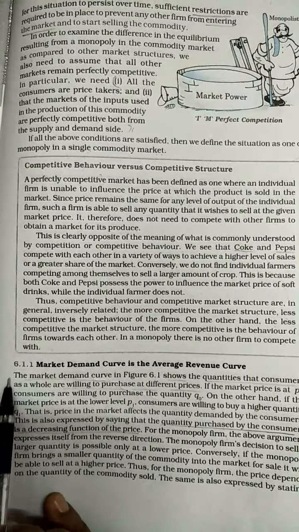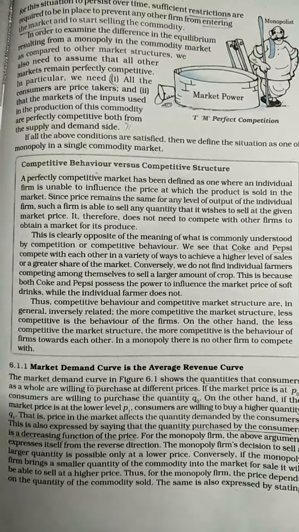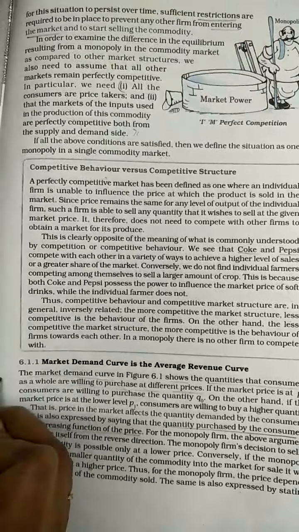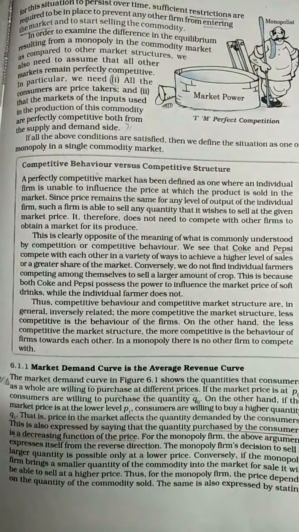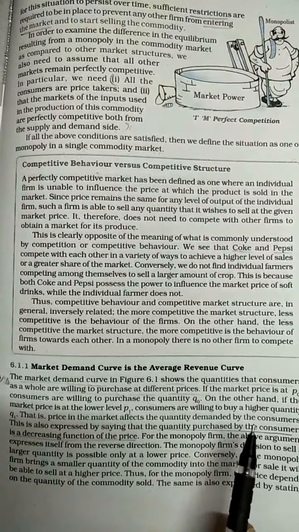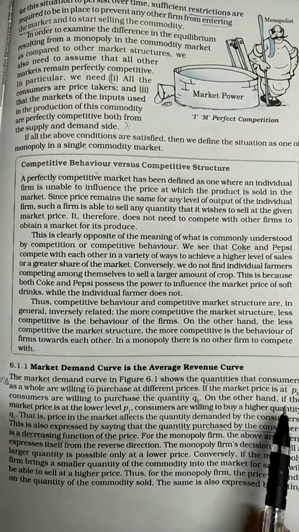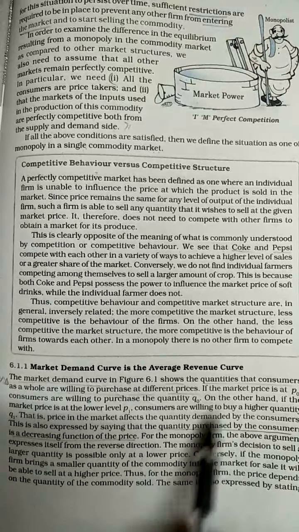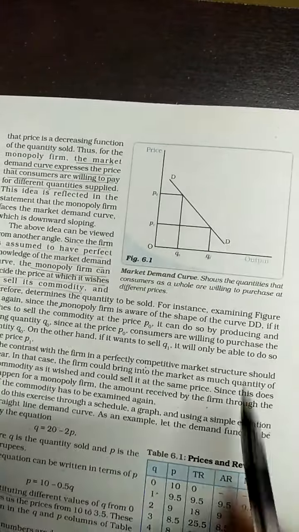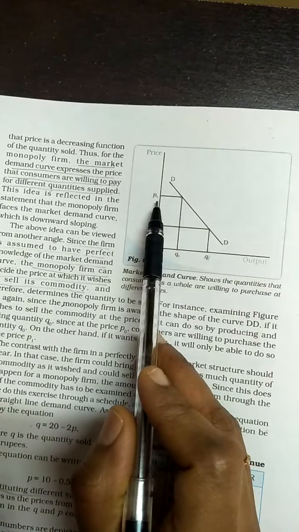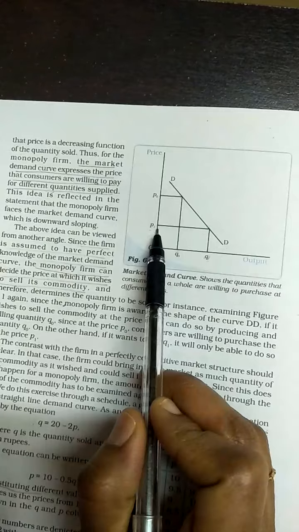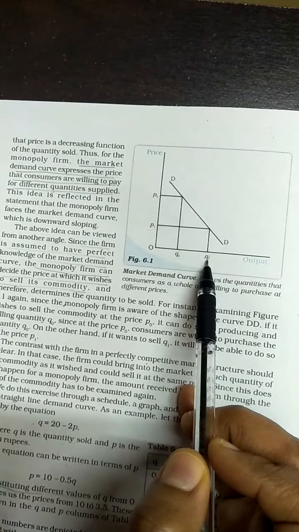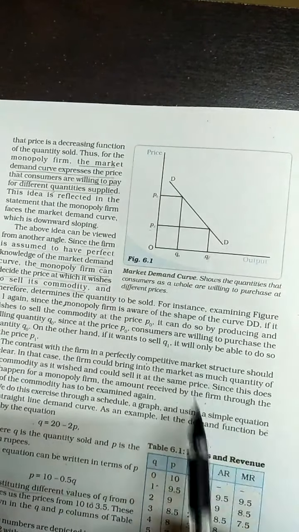This point is very important. We have to note it. This is an expected question in the exam. What is the market demand curve? As we know, there is an inverse relationship between price and market demand. That is explained here, shown in this diagram. When price is P0, quantity demanded is Q0. When price decreases to P1, the quantity demanded increases to Q1.